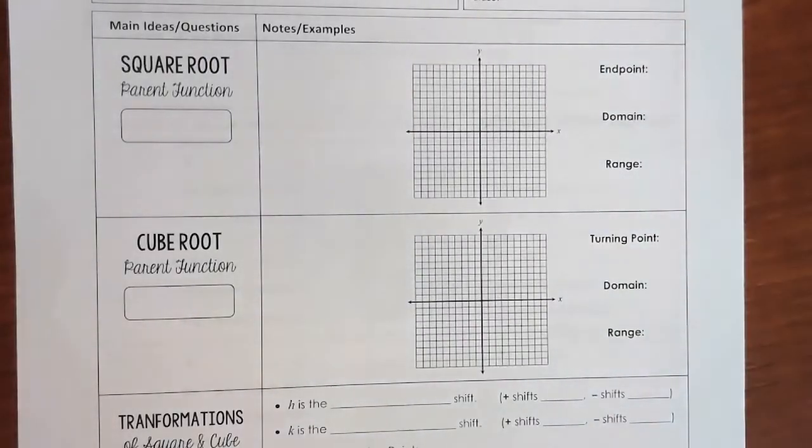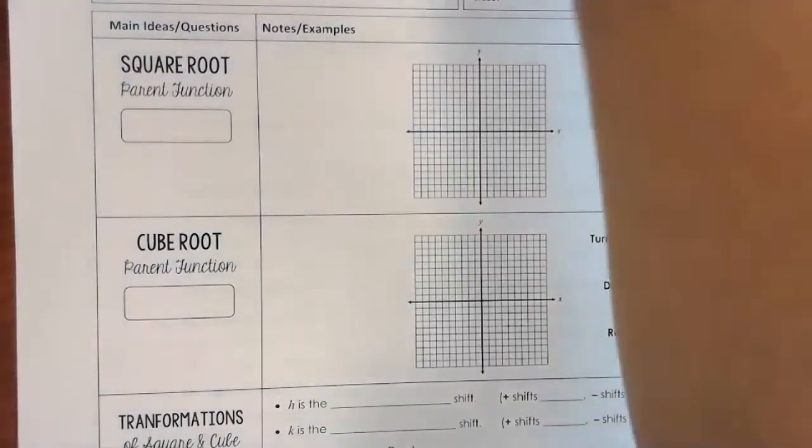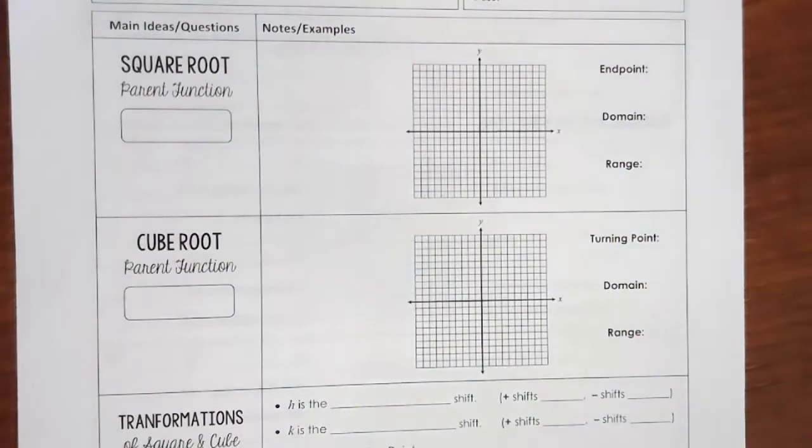Okay, so today we're actually talking about graphing radical functions, and we've been working with different kinds of roots. We've been working with the square root, the cube root, and the fourth root. Today we're just going to be talking about graphing the square root and the cube root parent functions. We talked a little bit about these last semester, but the parent function for the square root